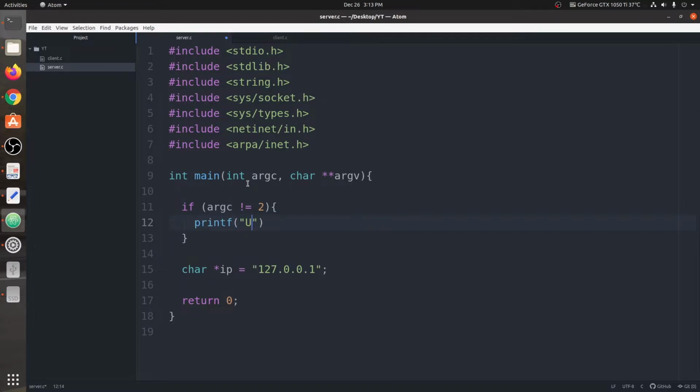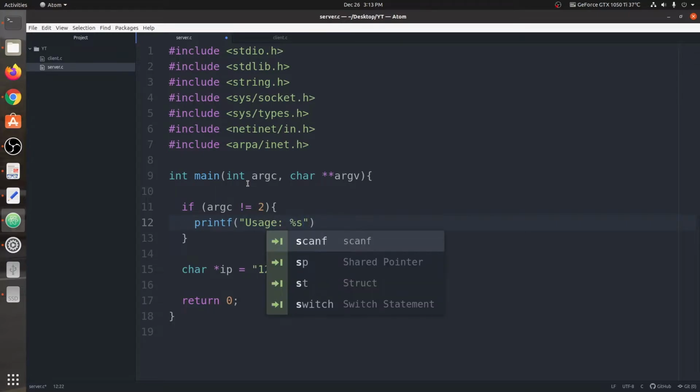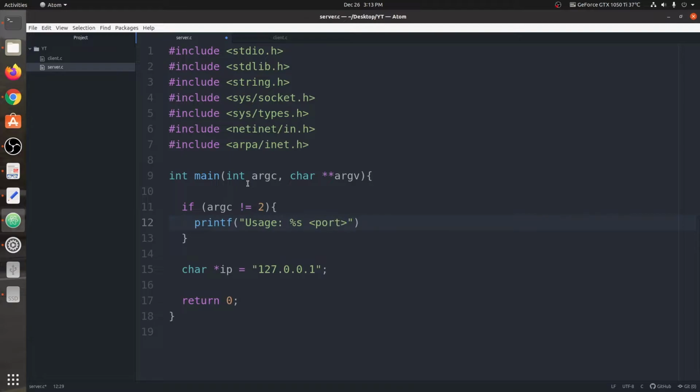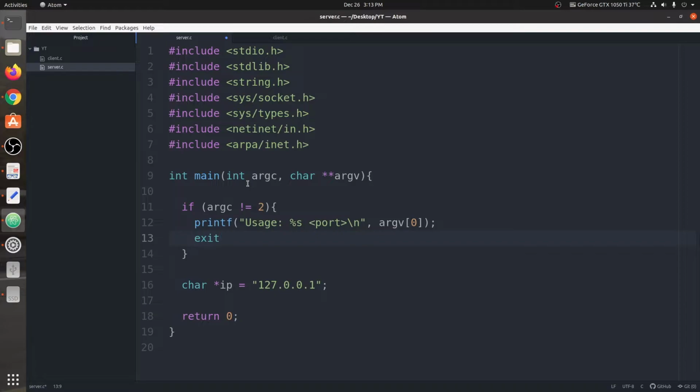We're going to say usage: %s <port>, then a new line character, and after that argv[0], and then we're going to exit the program with a 0.